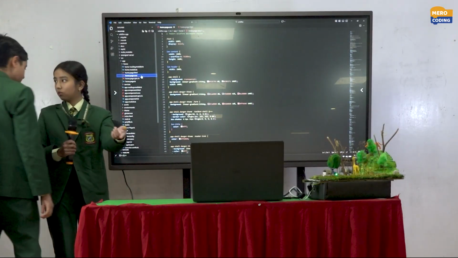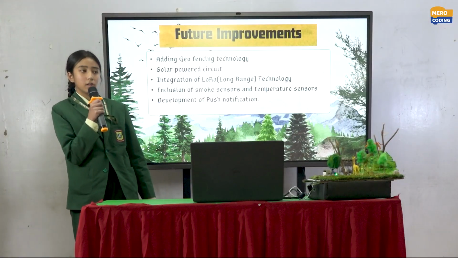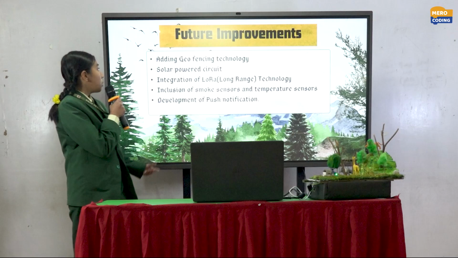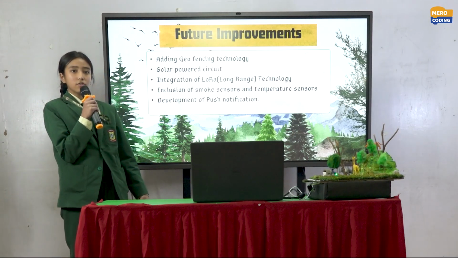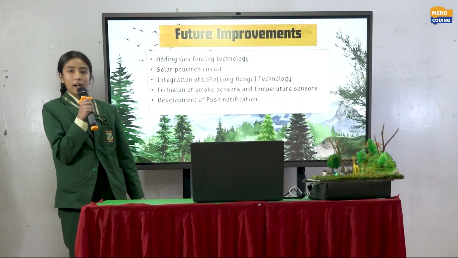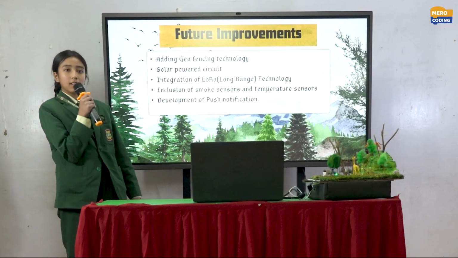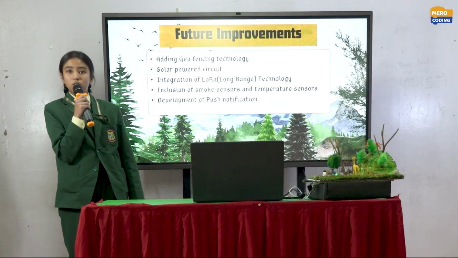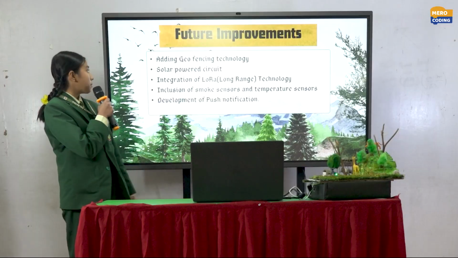Thank you. So, in the future, we hope to add a lot of things to our system. Some of them being, we hope to add geofencing technologies based on location tracking so that we can use a GPS tracker to track where exactly the fire is. We also hope to make the entire system powered by solar energy so that it is more eco-friendly and suitable for remote areas.